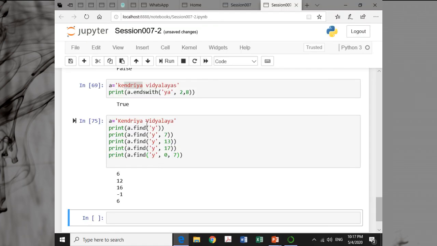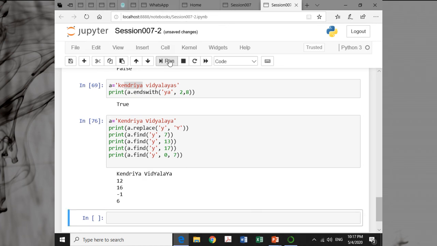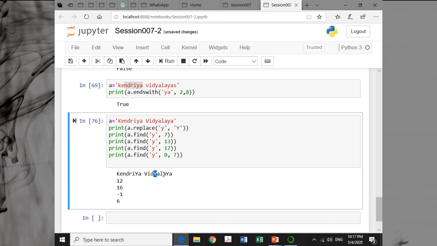Then we are having replace. Same thing. In find I can simply write here replace, replace Y, and I want to replace Y with say capital Y. You can see all the Y. Here it is not the first occurrence or second occurrence or third occurrence. All the Y has been replaced. So with replace, we have to specify which character or set of characters we want to replace, and how. Suppose I want to replace YA with Y star.